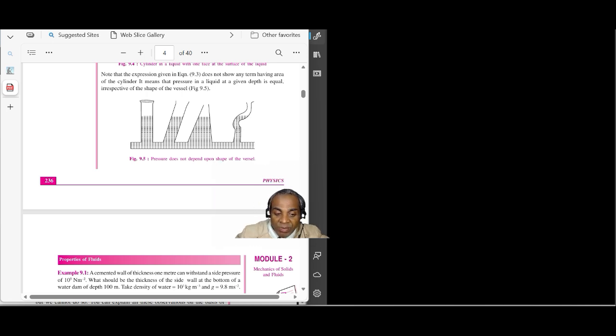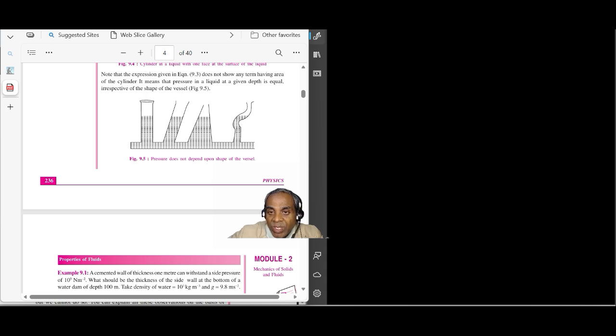Now, here we need to know what information is relevant to solve this question and what is just extra information. For example, the statement saying that a cemented wall of thickness 1 meter can withstand a side pressure of 10 raised to 5 Newton per meter square is not exactly relevant to solving this question. Why? Because as soon as they say what should be the thickness of the side wall at the bottom of a water dam,